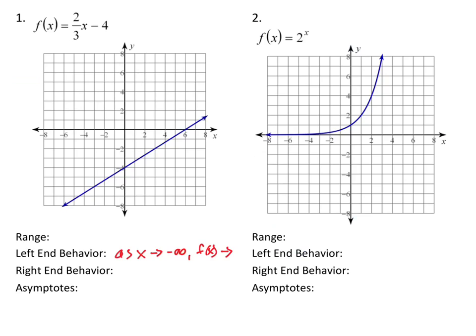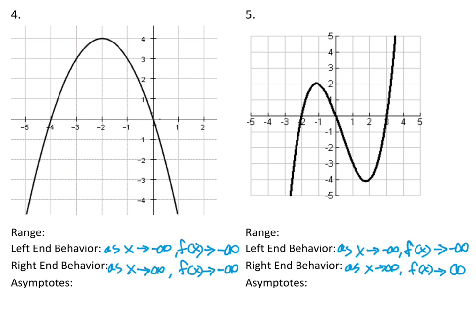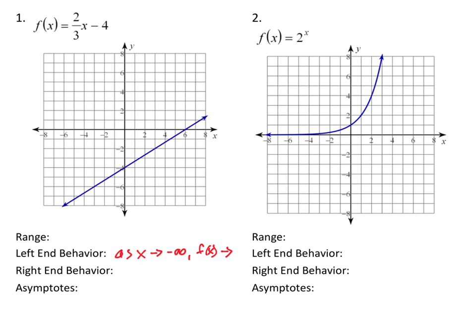And so, if we look at the examples we were looking at, neither of these have a line it's getting infinitely close to, but doesn't cross. And so, we're going to put none on both. Or you can put NA. That's also acceptable, not applicable. But if we jump over to 2, 2 does. And I want you to pause the video and see if you can write out the equation for this line it's getting infinitely close to, but doesn't touch or cross.